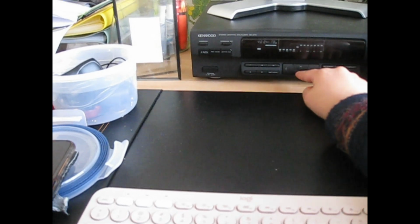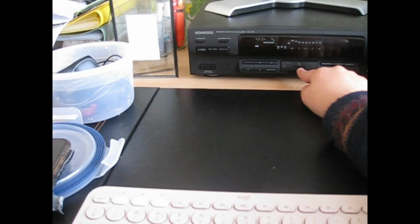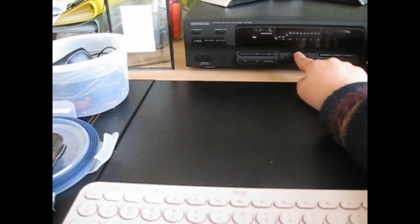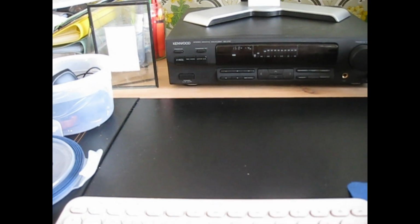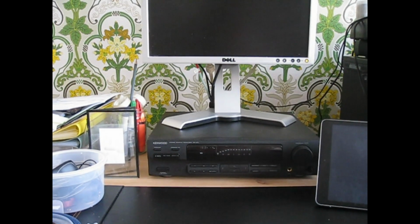I need to turn on the EQ, and it works exactly how you would expect. There's no crackling, which is what you get with the slider models. And turn that off. So in general it works quite well to adjust the sound to my liking, but